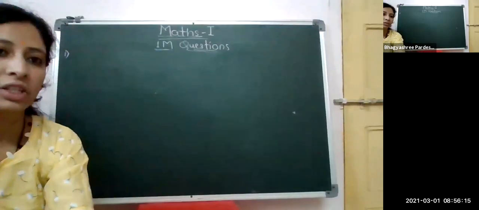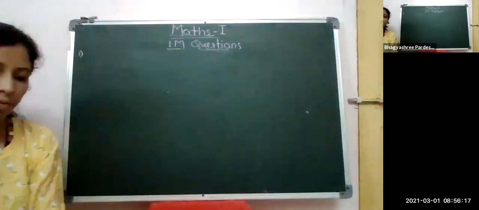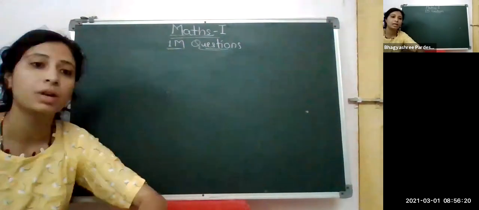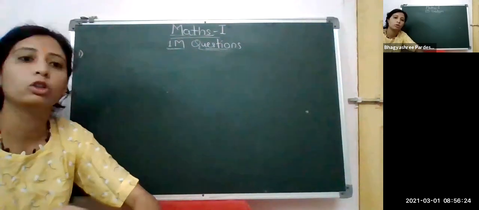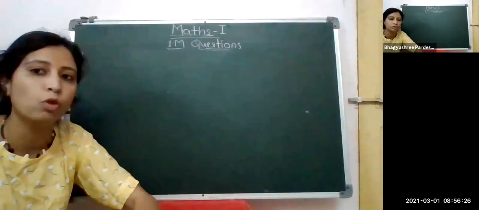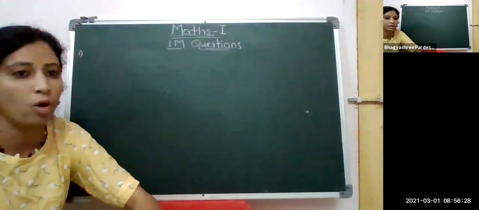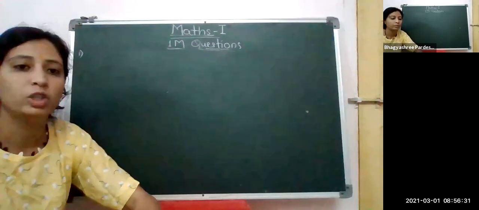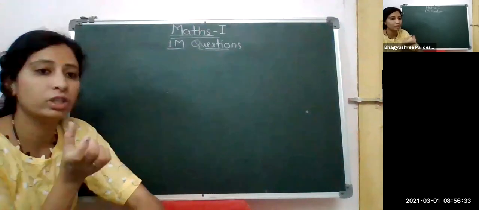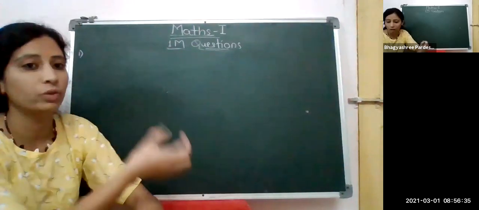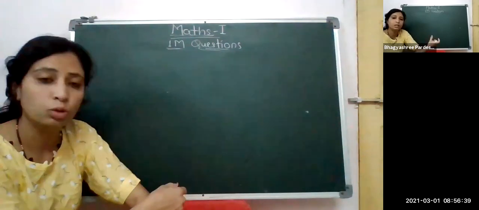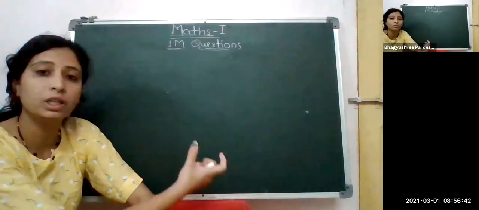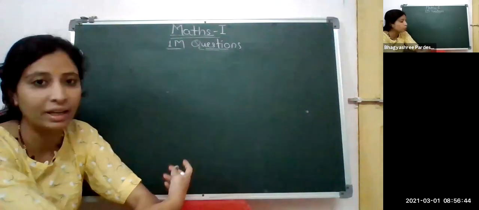From our last lecture, we have seen the question paper and also the marking scheme: how the marking scheme is given for 1 mark questions, then for 2 marks, 3 marks and 4 marks questions. So this we have already seen. You now have a very good idea of how much we have to write if a question is asked for 1 mark. Today we are going to see a few 1 mark questions, so that the MCQ, question number 1, will be very clear.